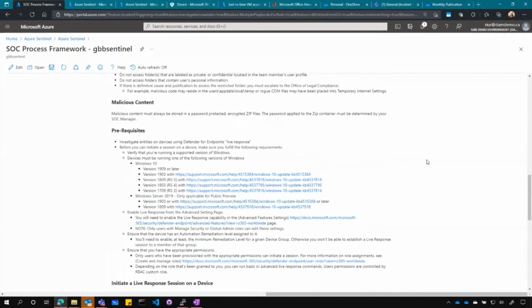Malicious content. We want to make sure that we're always storing that content in a password protected, encrypted way. Zip files is one example, but we want that data to be protected. We don't want someone to accidentally get access to that, whether that is an internal user or making it accessibly